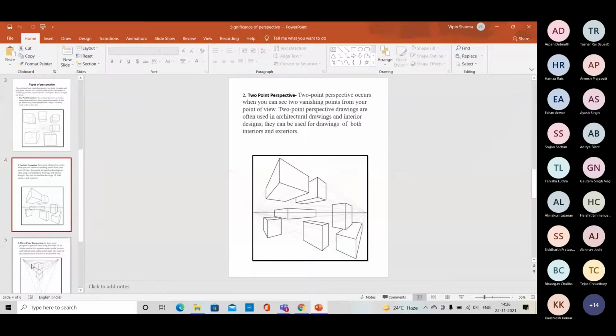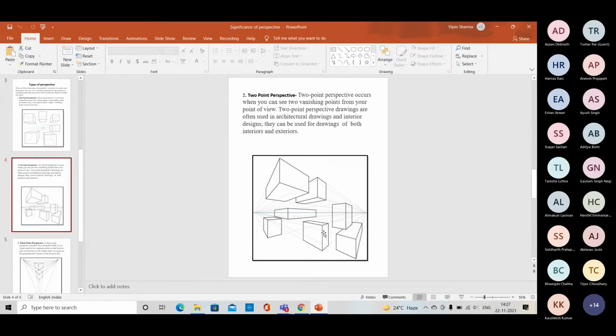And this one is our 2 point perspective. When we want to draw a 2 point perspective, there is an eye level, one important element of perspective drawing, and the second one is the vanishing point. So this one is a vanishing point, and this one is a second vanishing point. And we have the vision on the corner of the building or any kind of box. So you can see the corner. Every corner is in front of us, of the viewer, of the designer, right?